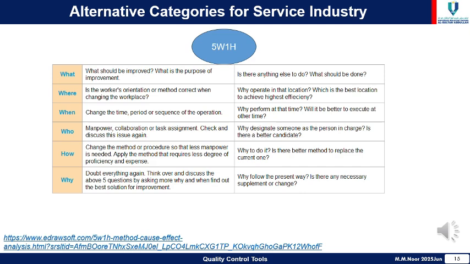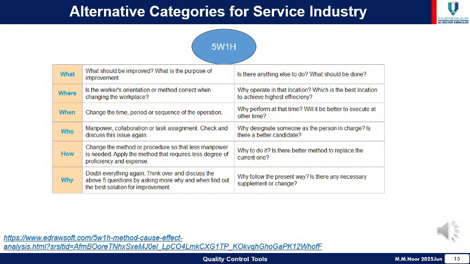So instead of using the Ishikawa diagram, we can use the 5W1H method as the alternative categories for the service industry. So the first W is what. The question to be asked is like, what should be improved, what is the purpose of improvement. So the second W is where, and then when, who, how, and the last W is why. Okay, we think over and discuss the above questions by asking more why and then find out the best